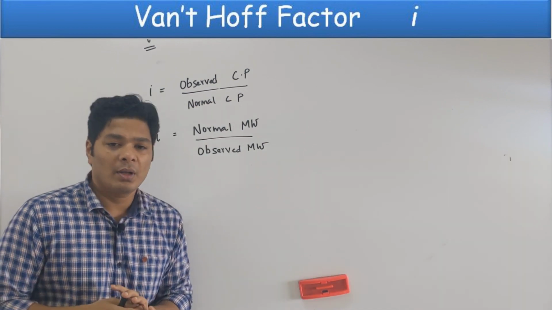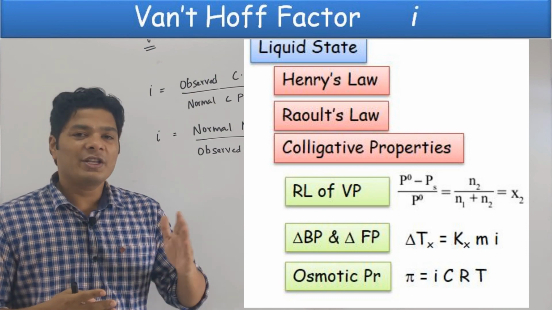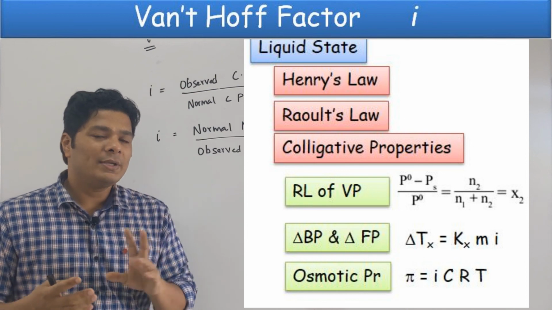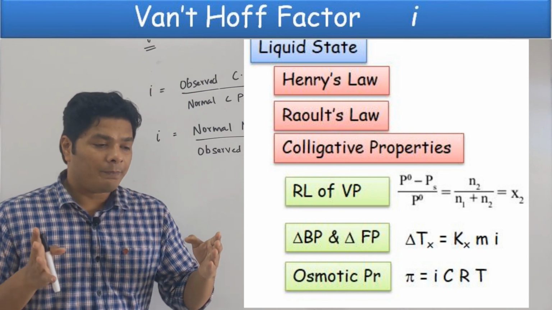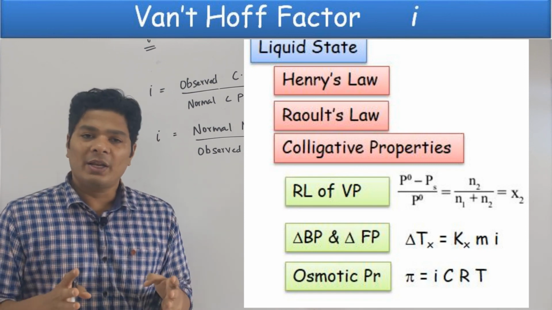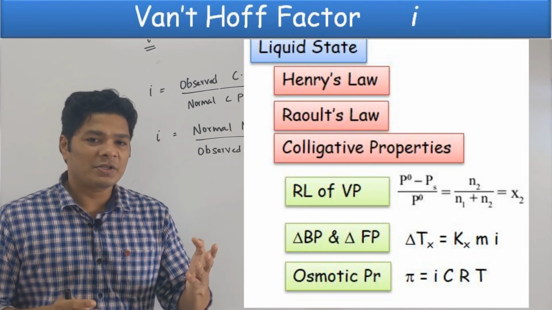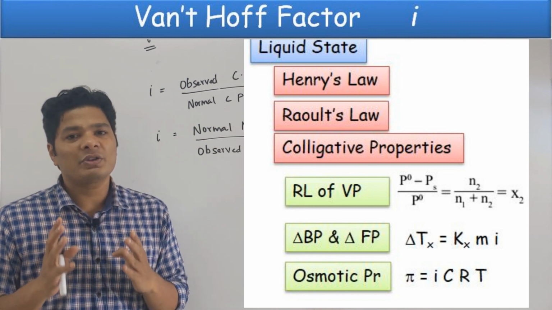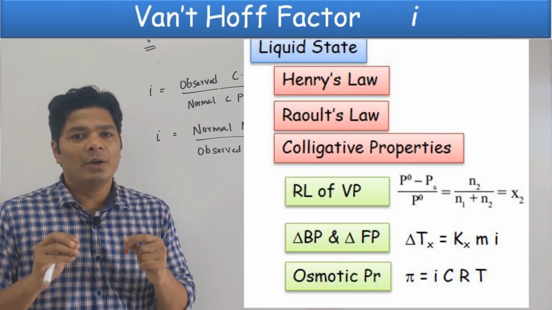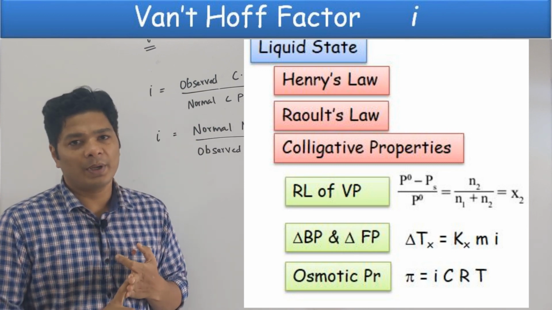This is the end of your solutions chapter. What's only pending is we will solve a couple of previous year problems to boost your confidence. You will see a repeating pattern over and over again. You will see some of the things clearly by solving the previous year patterns. The patterns are pretty much similar. The questions are going to be around the same formulas. All these are positives. The negative will be math. You have to be strong in math and you have to know how to approximate numbers. If you do that, the solutions chapter is a high weighted chapter, an easy chapter, anybody can score. Good luck guys.